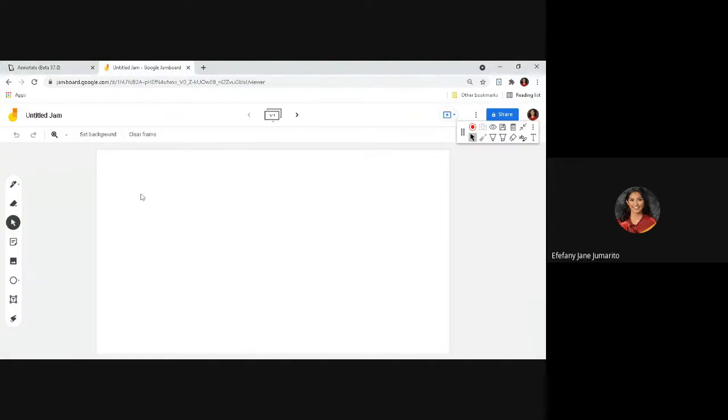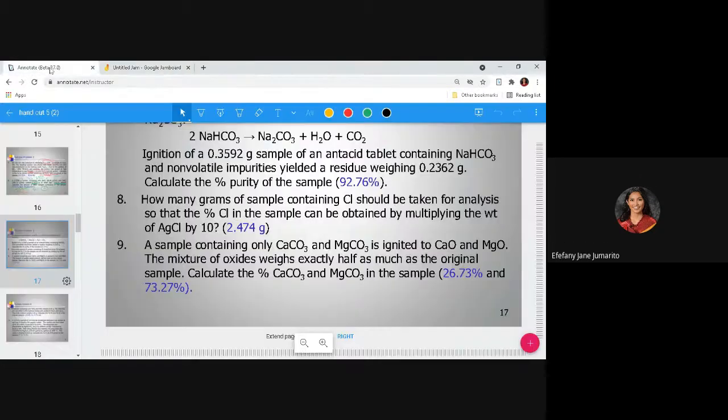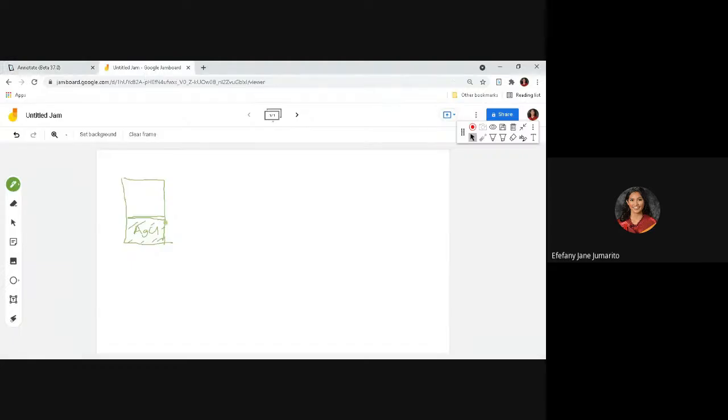Okay. If we have a beaker, and now it has AgCl, it's a salt. Then we are asked here for the percent Cl. Now we know that percent Cl, from our previous discussion,